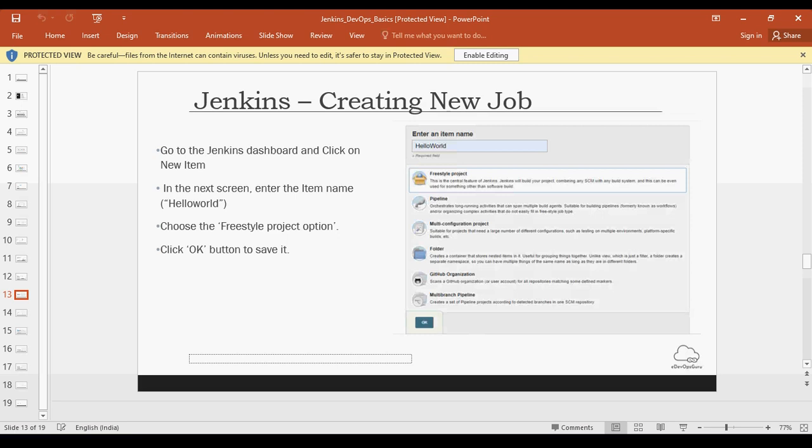boxes, or you have a drop box kind of functionality. So you just need to enter the values, and all other parameters or basic configurations are taken care of by the plugins themselves. This is more of a GUI-based job configuration, which is easy to understand and easy to configure, and most of the complex things like if, else, and while, which are more related to coding or scripting, are hidden inside the plugin itself.